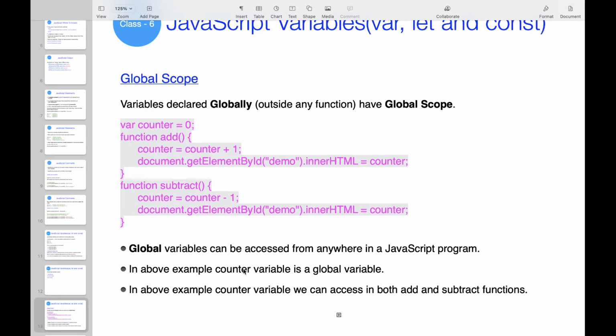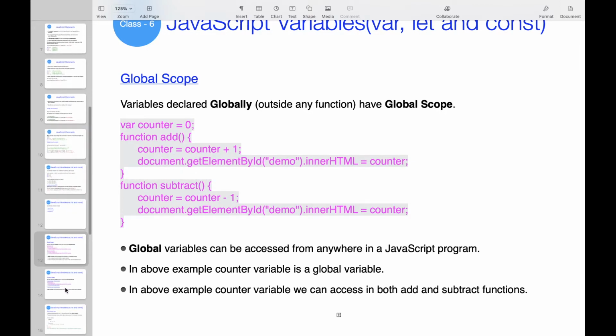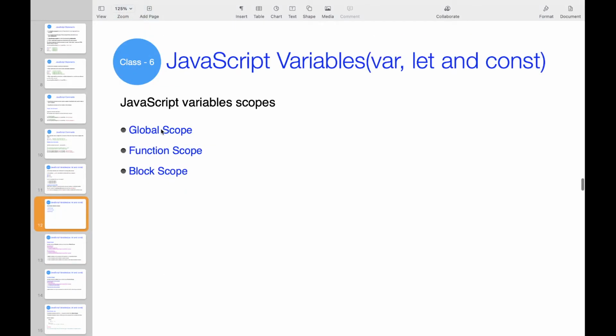In the above example, the counter variable is the global variable. We can access the counter variable in both add and subtract functions. Here I have added two functions, so in both functions I can use that global variable. Okay. So that scope is called global scope. Next one. So here I explained about global scope.